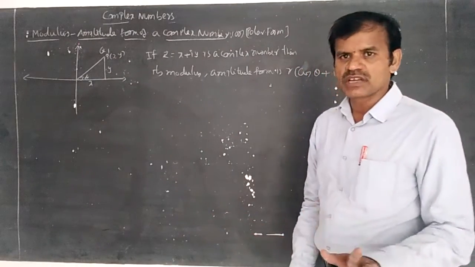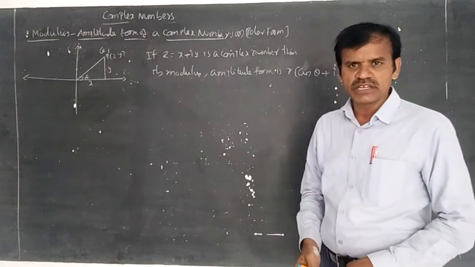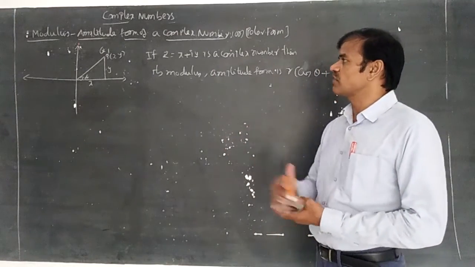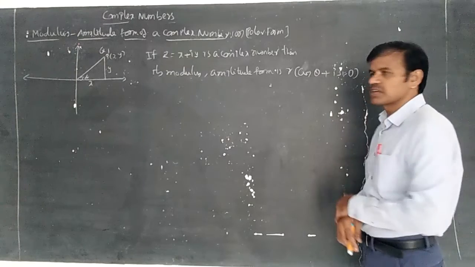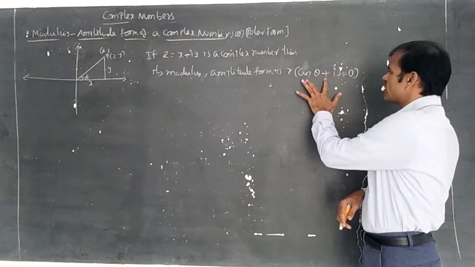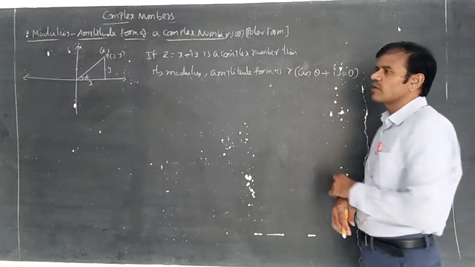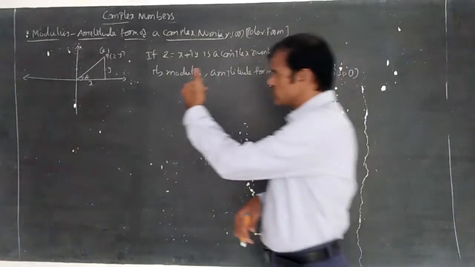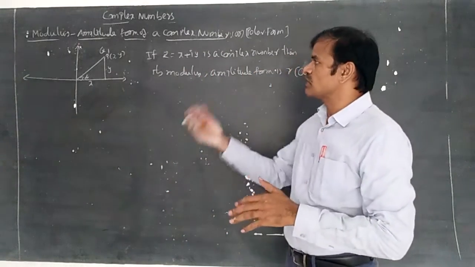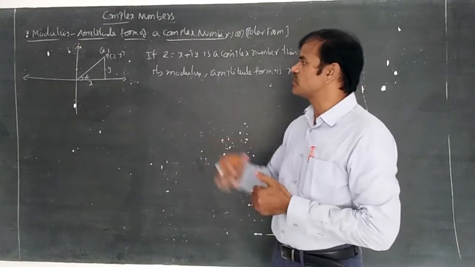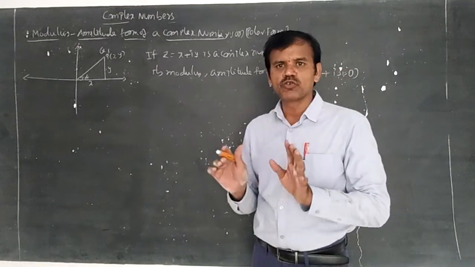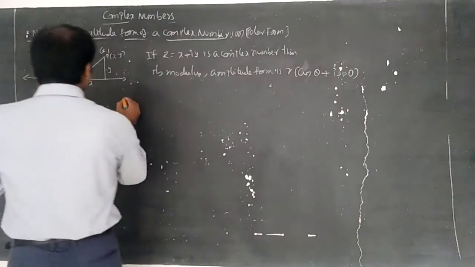Here you need not get confused, friends. X means, as we have already learnt, r cos theta, and y means r sin theta. So whenever you take r common within the brackets, you can write cos theta plus i sin theta. Theta here is indicated by alpha, so theta depends upon this alpha, which depends upon the given angle. Both are positive, no problem. This is if it is in Q1.